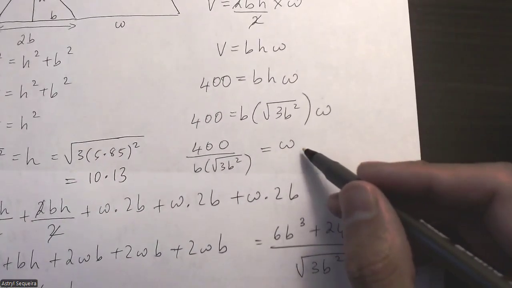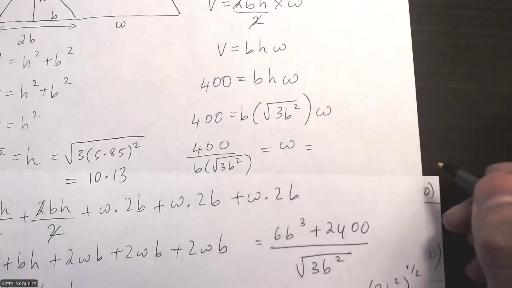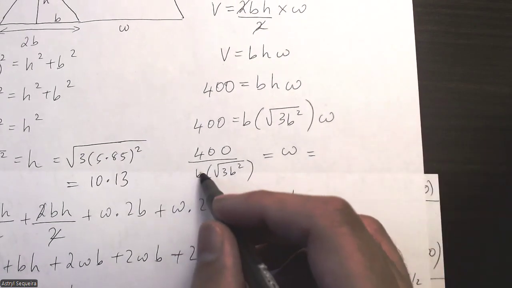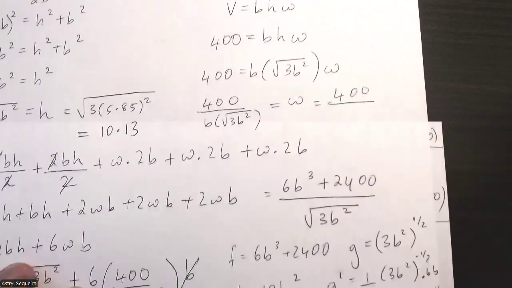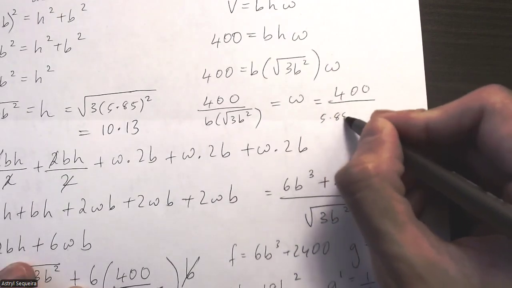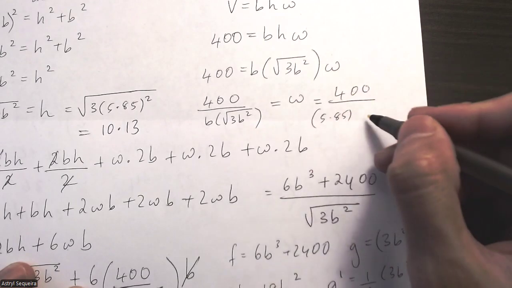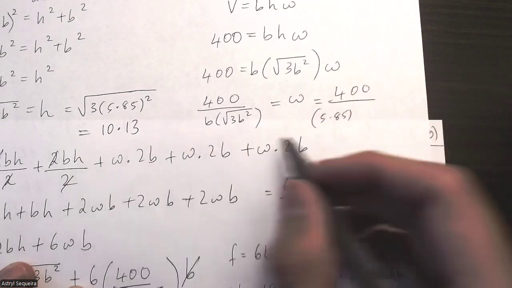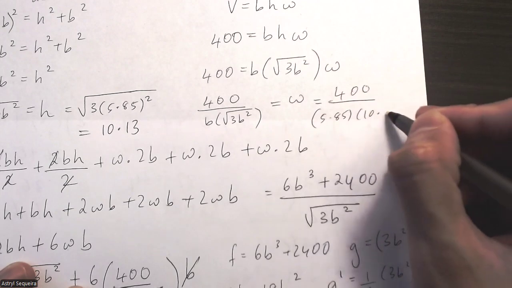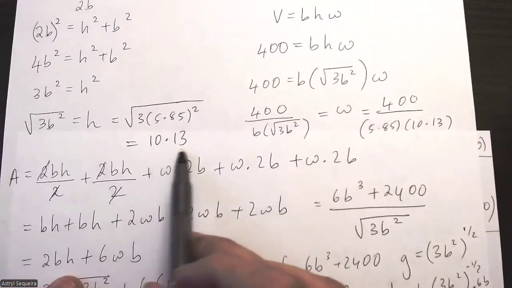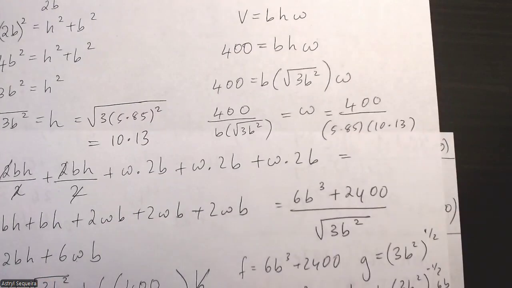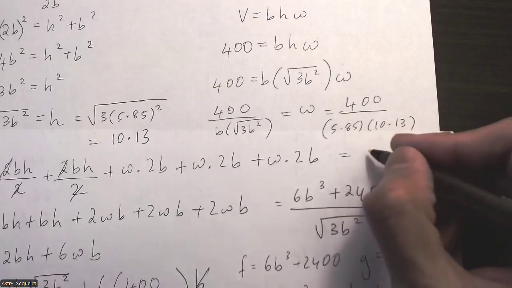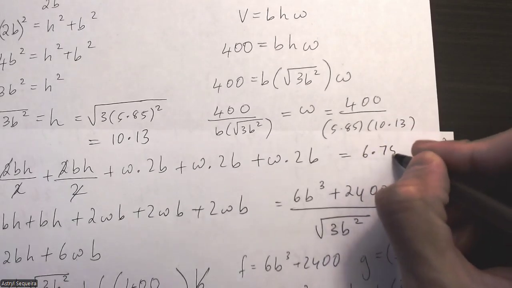And then to find the width of this object, I'll sub in my b over here. So it's just 400 over 5.85 times the square root of that, which I know is just 10.13 because I calculated it right there. I'm not going to rewrite the whole calculation. I'll put this in my calculator. And I'll get 6.75